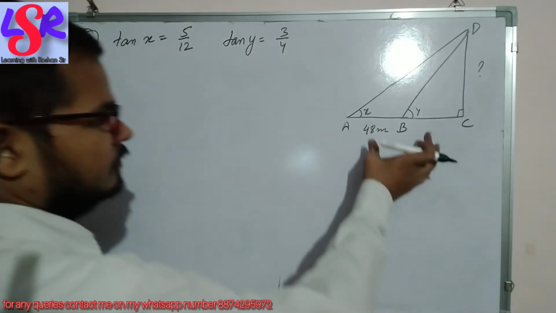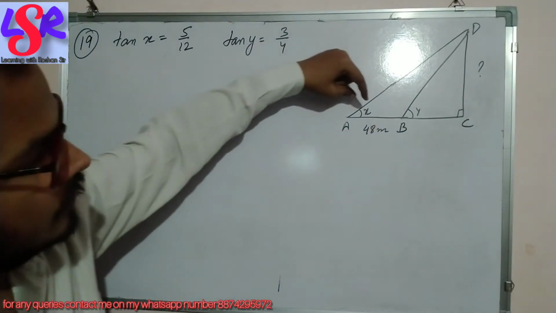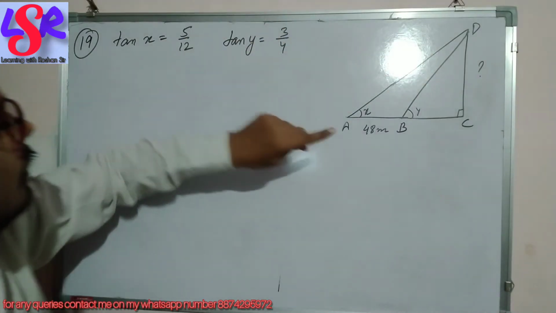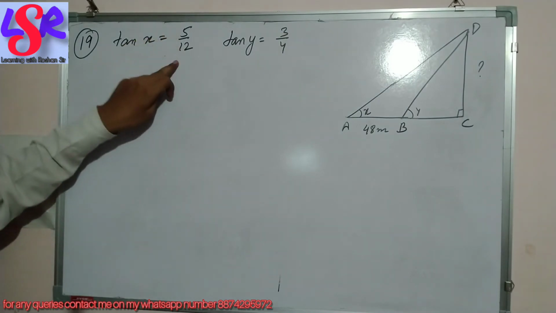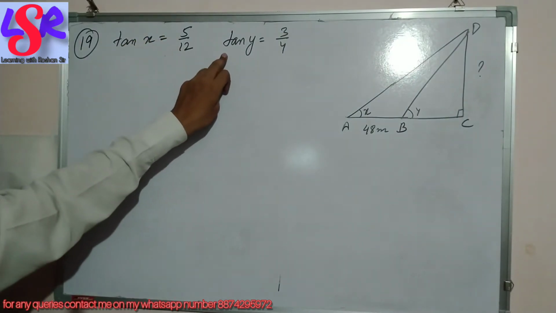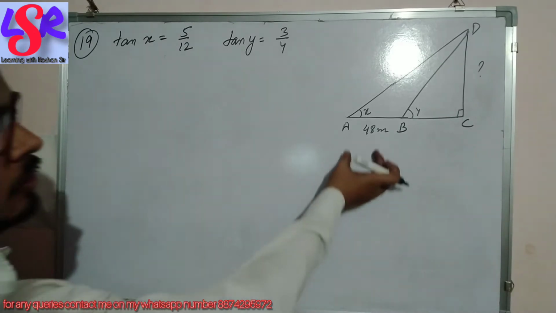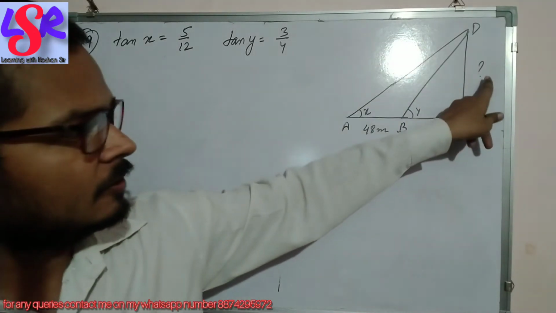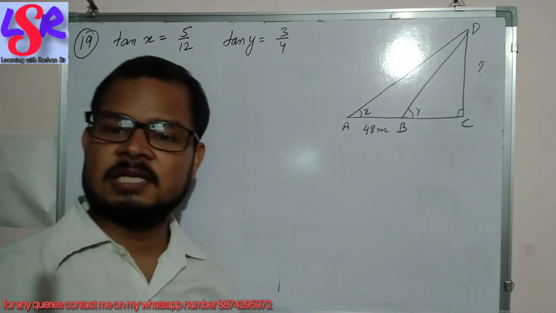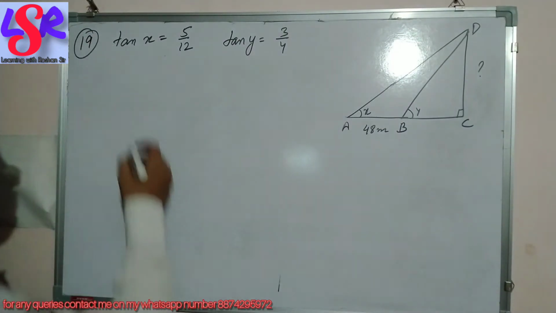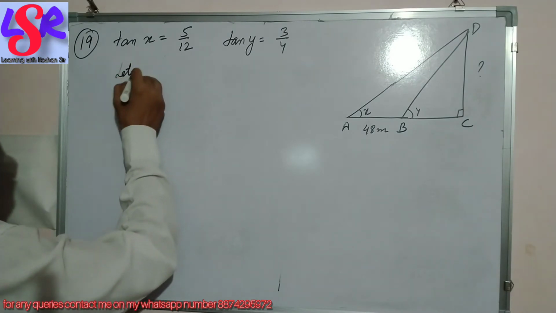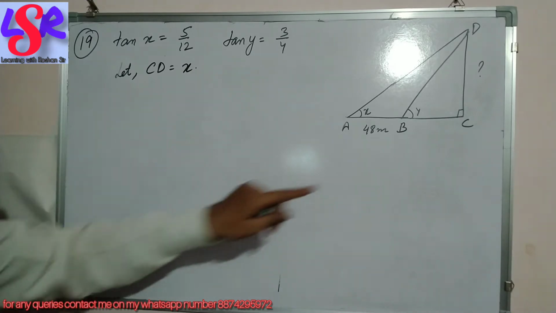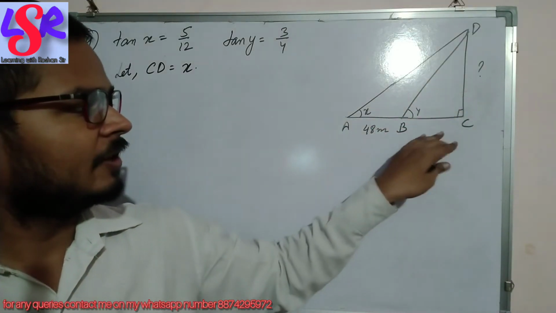In this question number 19 we are having this figure and we have been given the two angles as x and y over here, और इनकी वैल्यूज tan x equals to 5/12 दिया है और tan y equals to 3/4. We are also given the value of AB as 45 meter and we have to find the value of CD. तो सबसे पहले हम इस CD की वैल्यू को ही x सपोज करेंगे. So let CD equals to x. Now with the help of this triangle we are going to find the value of BC in terms of x.